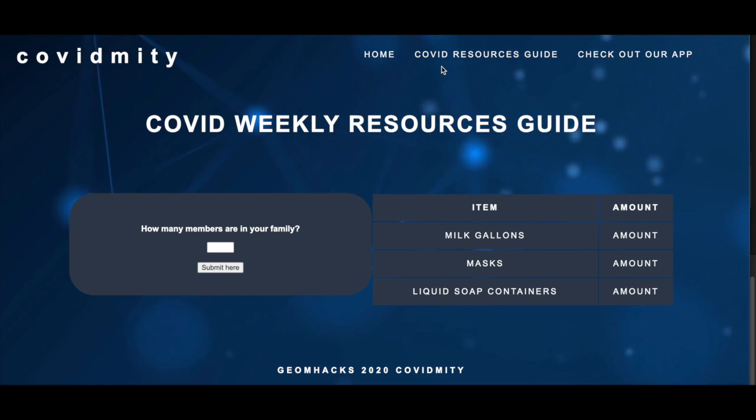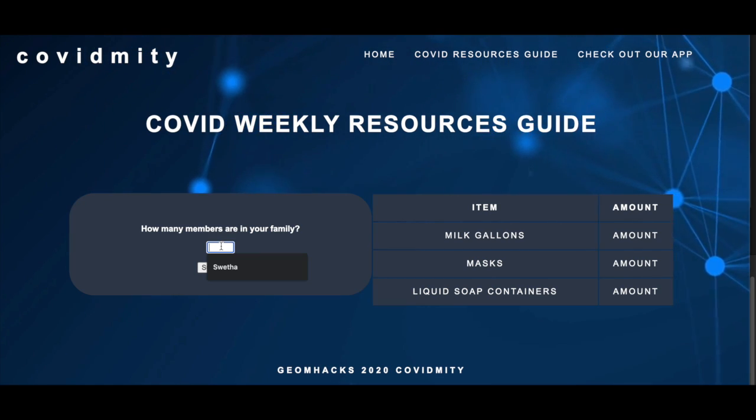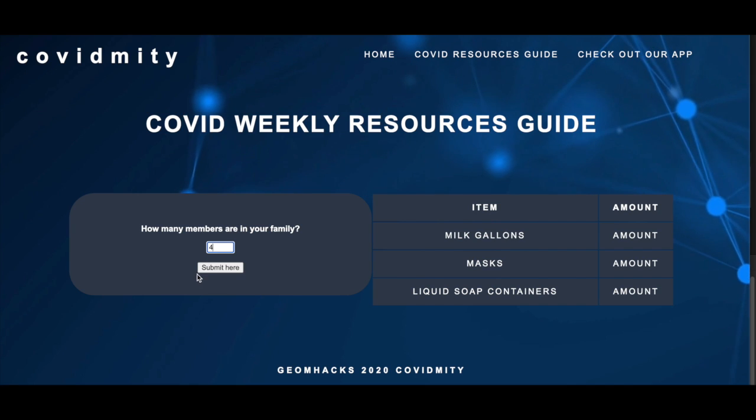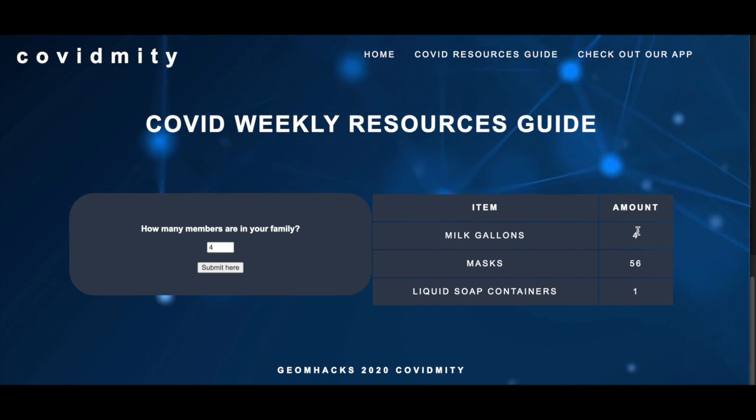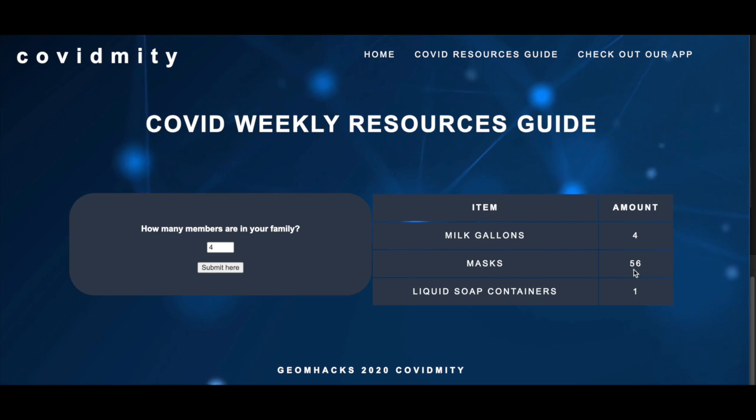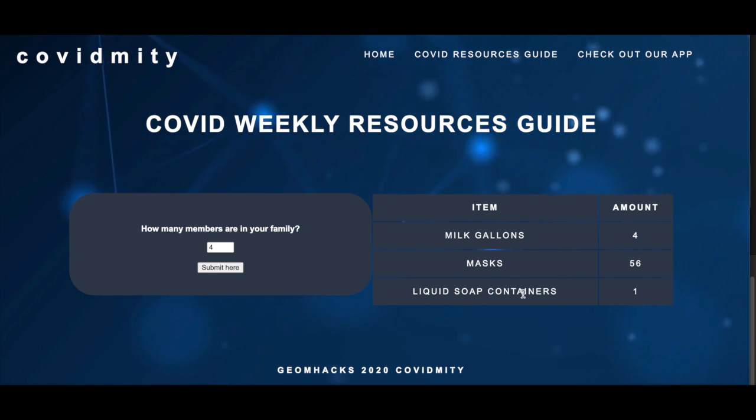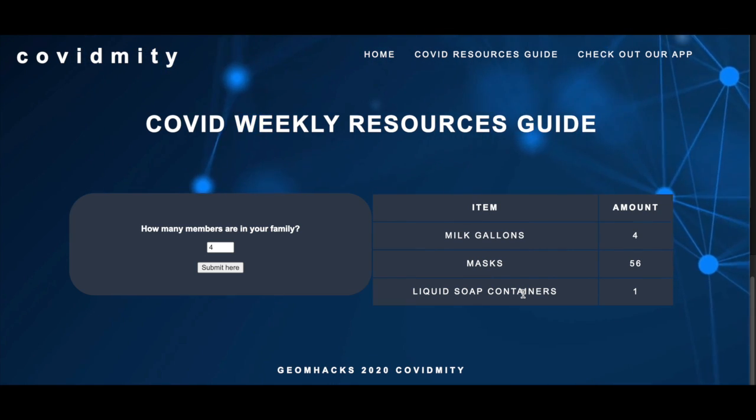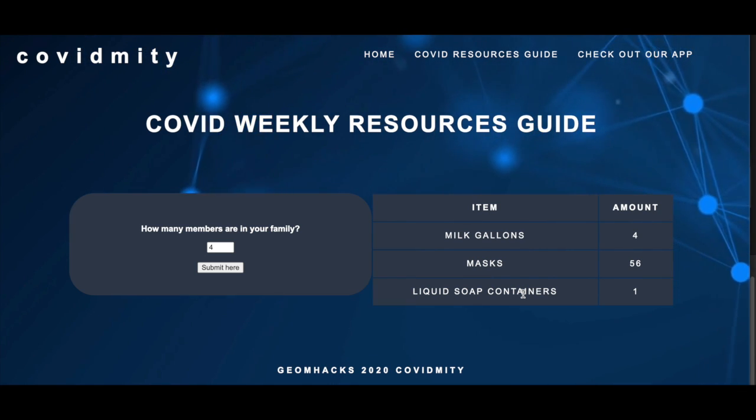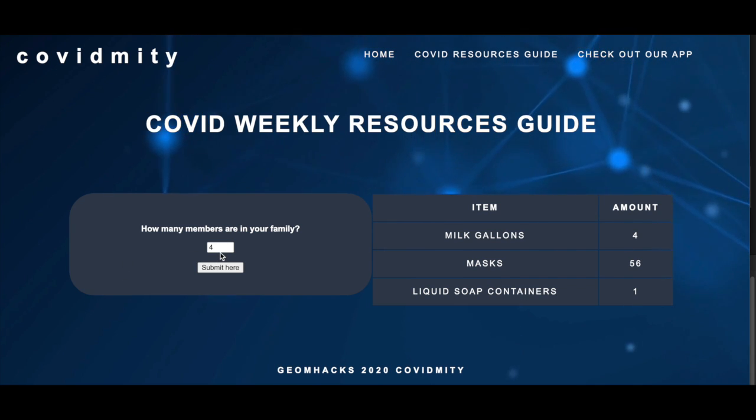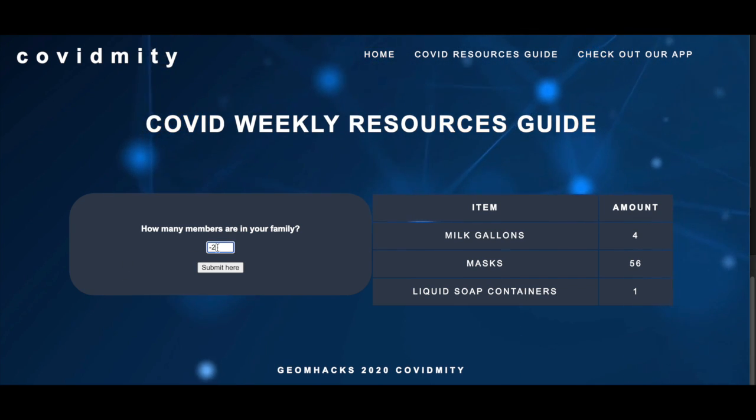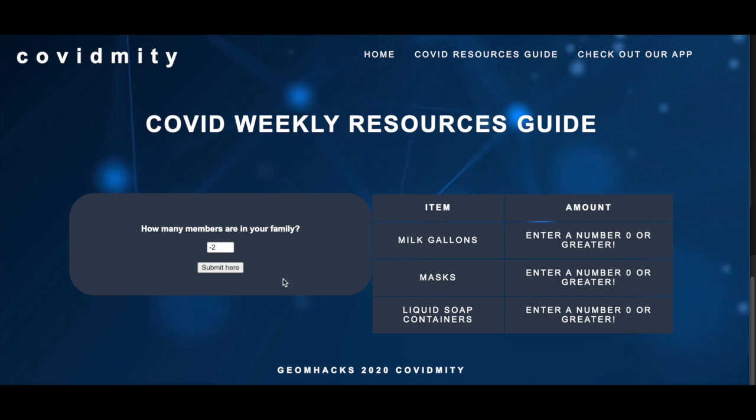For example, if I had 4 members in my family and I put 4 and I press enter, I get 4 milk gallons, presumably 1 for each member of the family, 56 masks, 2 masks per person per week, and 1 shared liquid soap container per week. We accumulated the numbers and the formulas through our own personal experiences and surveying other people. If you try to put in a negative number, then you will receive a notification to enter a number 0